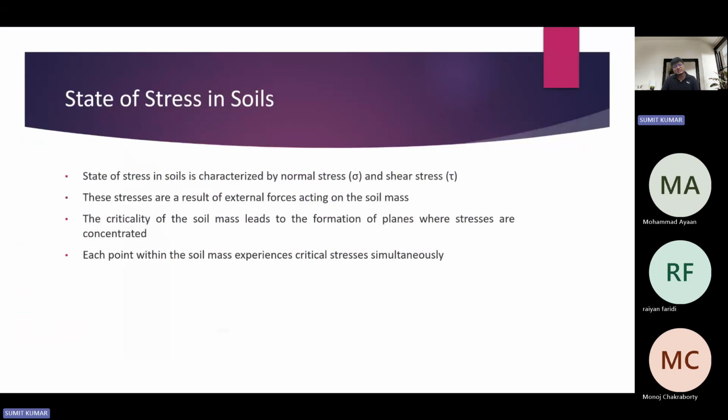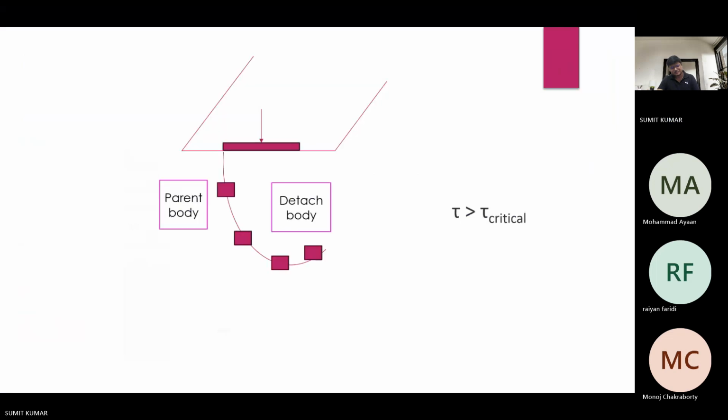These stresses are the result of the external forces acting on the soil mass. The criticality of the soil mass leads to the formation of a plane where the stresses are concentrated. Each point within the soil mass experiences the critical stresses simultaneously. Now, I already discussed this figure in which I have said that